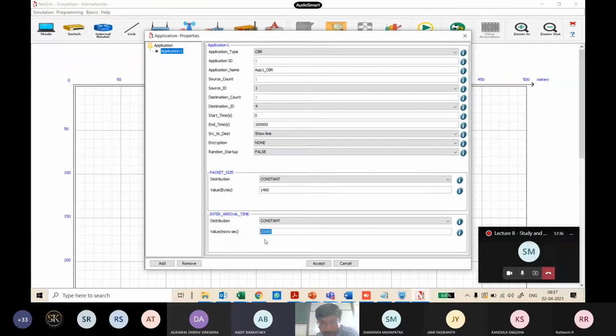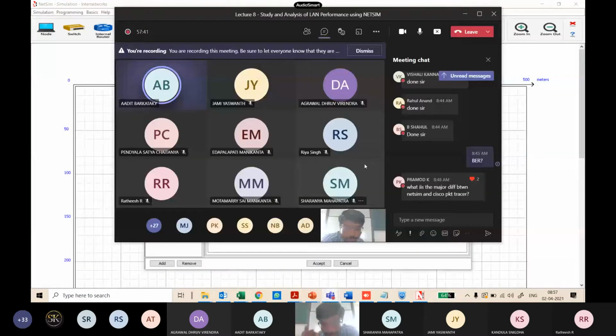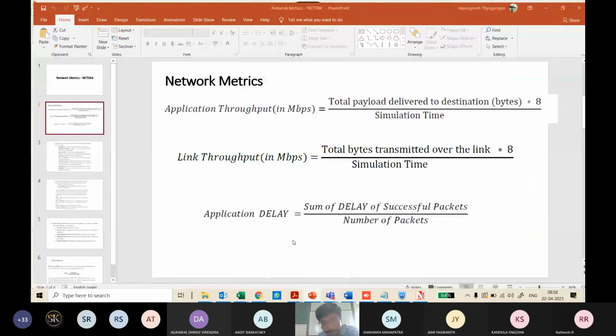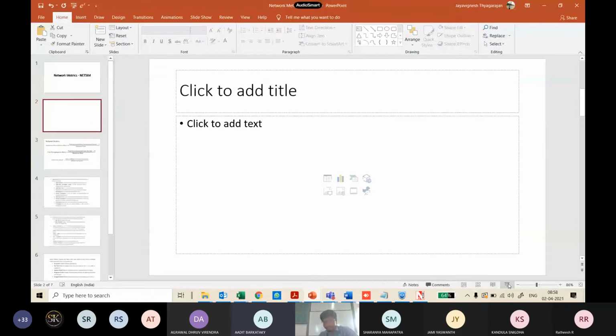What do you mean by 20,000 microseconds? 20 milliseconds. So every 20 milliseconds I am generating a packet. Let's take it as 1500 bytes for our simplicity here. Every 20 milliseconds I am generating a packet of 1500 bytes. So in 1 second, can you tell me the same calculation that we did? What will be the rate of generation of my particular application? I want you to calculate the data rate. My application is generating traffic. What's the rate of it?